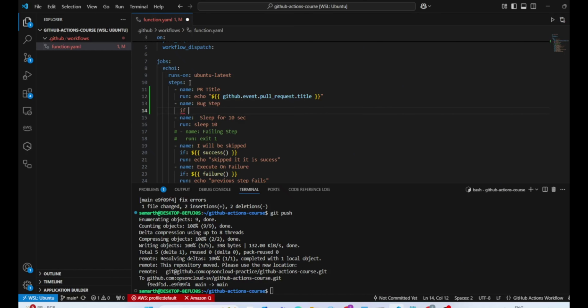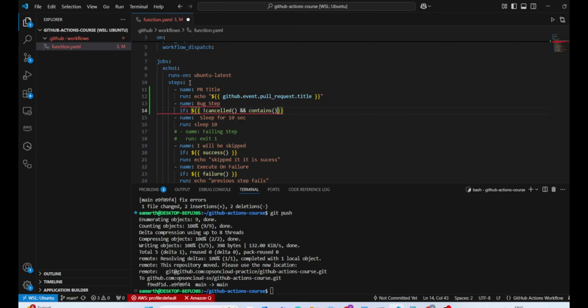Alright, inside this bug step let's add a condition. If, dollar, okay, the first step is we'll add a condition if it is not cancelled. If the pipeline is not cancelled, you execute, and you also see if the pull request title has the word fix, only then you run it. That's the intention of it. Alright, for that, not cancelled. Why are we using it? To save some time, because it's not really necessary. If you are cancelling, we don't have to run these things, right? And then we use